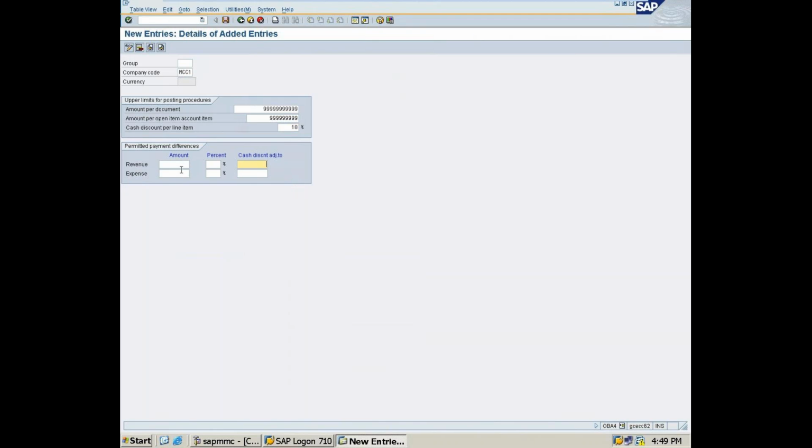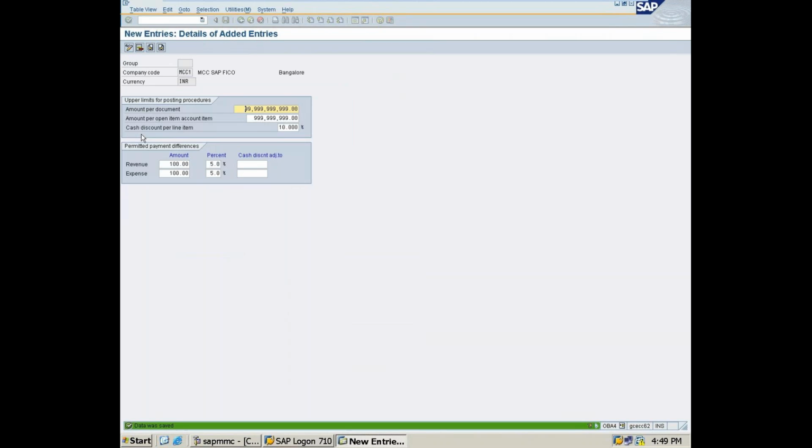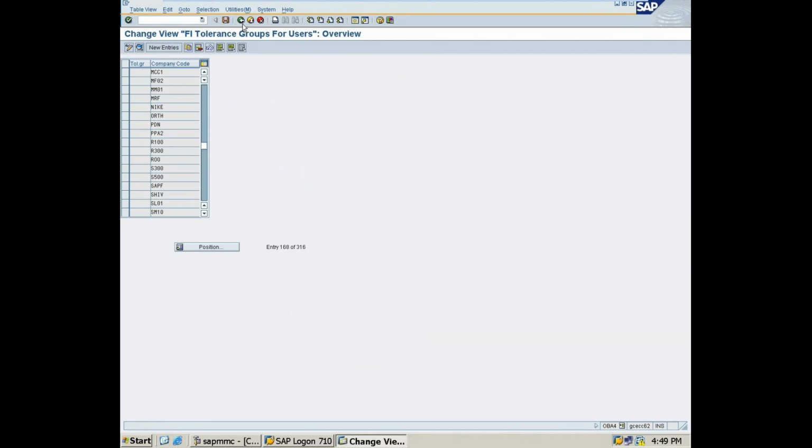Revenue differences, I can permit a difference of 100 or either with a percentage. Then save, backspace. So it is saved.